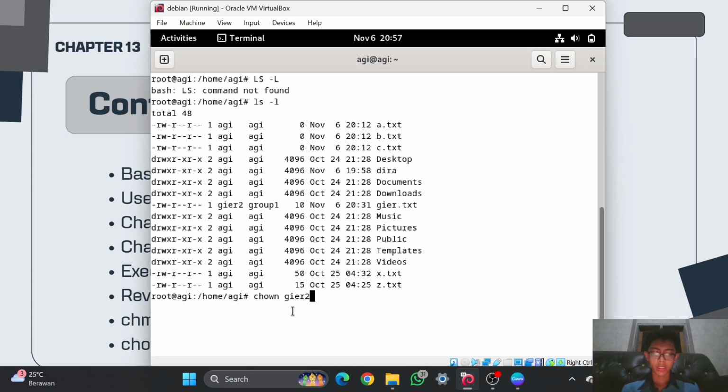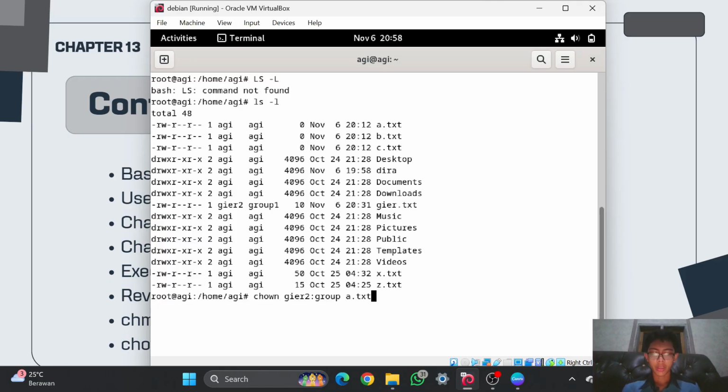It is this one, then this, and then you can add the group of gr2, which I want to be group 1, then the name of the file that you want to change the ownership of, which is a.txt.